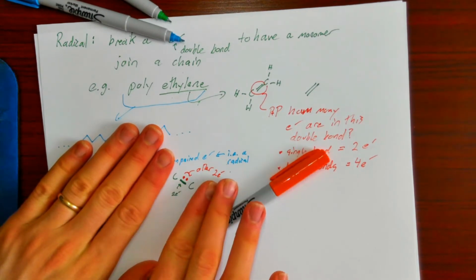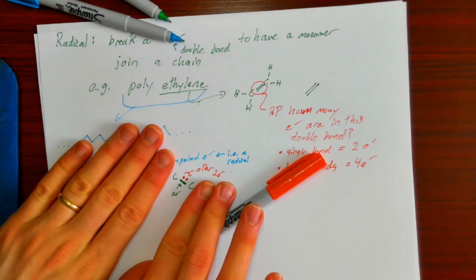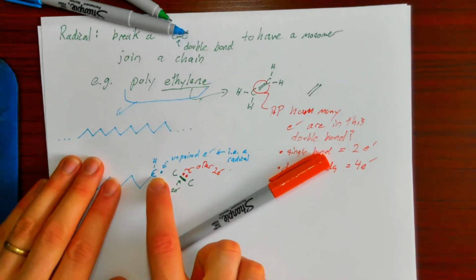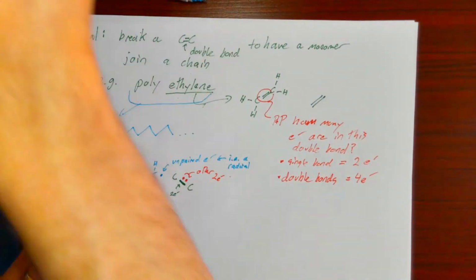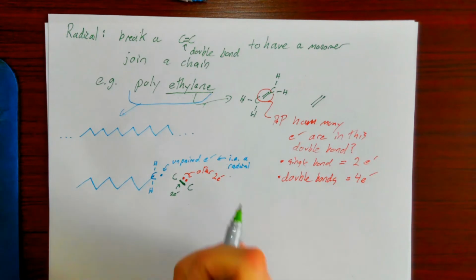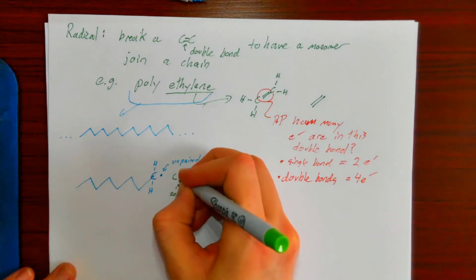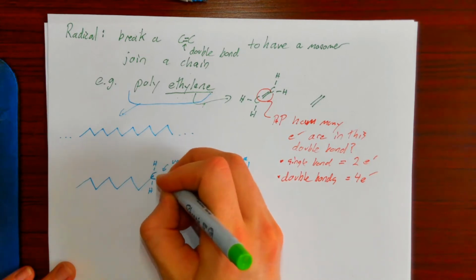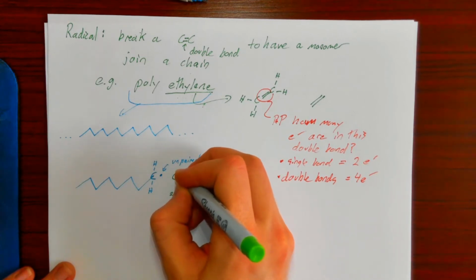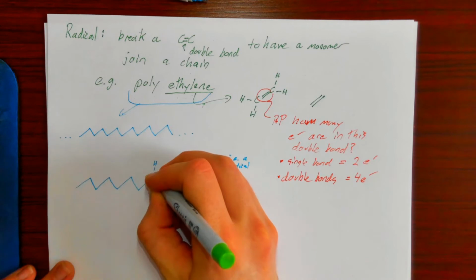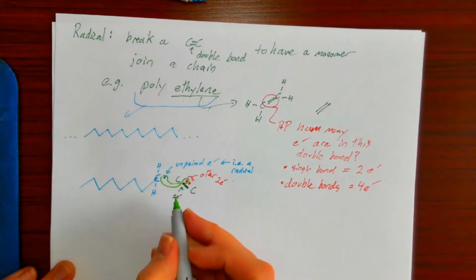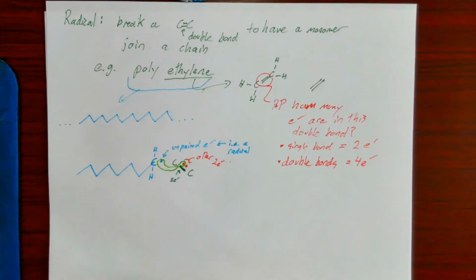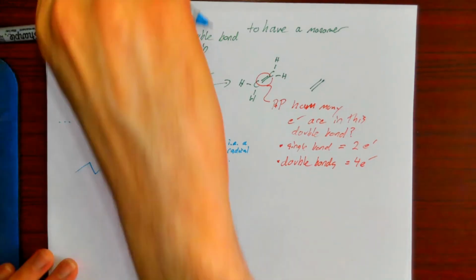Well, basically what happens is, these 2 electrons and these 2 electrons are very happy participating in this double bond, but along comes this radical here, and it does the unthinkable. It steals one of the electrons from this double bond to form a single bond here. So basically these electrons form a new single bond. And what does that do? Well, interestingly enough,